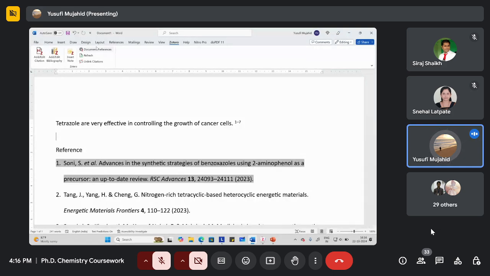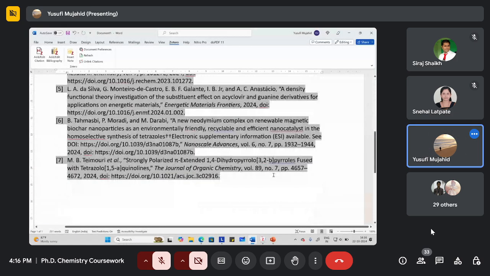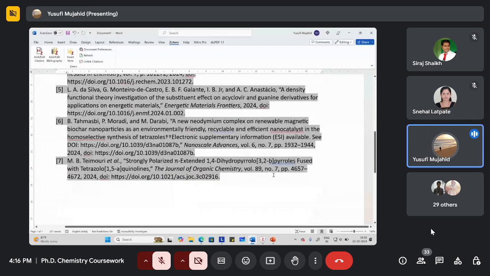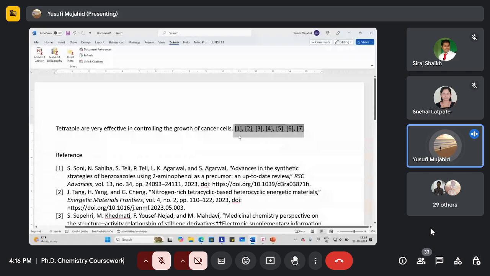Let us say I want the style to be changed to IEEE, okay. See, it has changed the style again. तो एक एक क्लिक के ऊपर काम होता है, और उनका साइटेशन का जो भी स्टाइल है वैसा वो दिख रहा है, ठीक है। तो I hope that you will try to work, install it, and